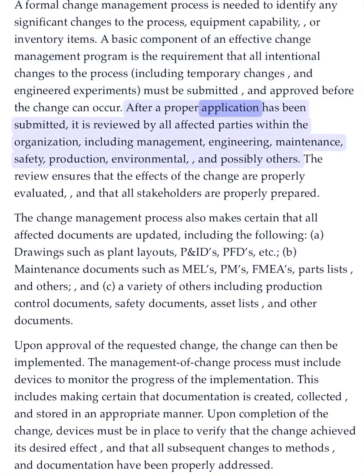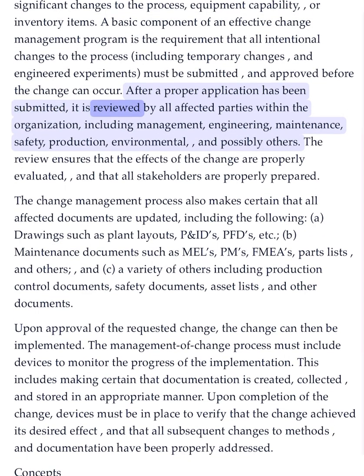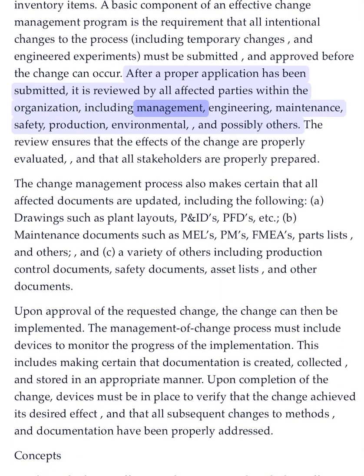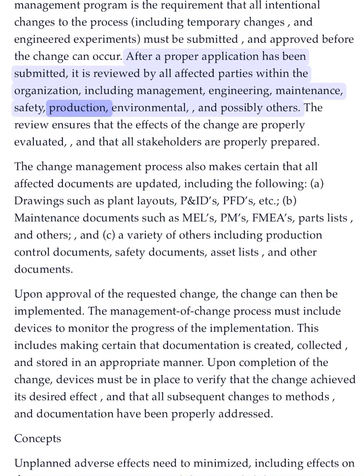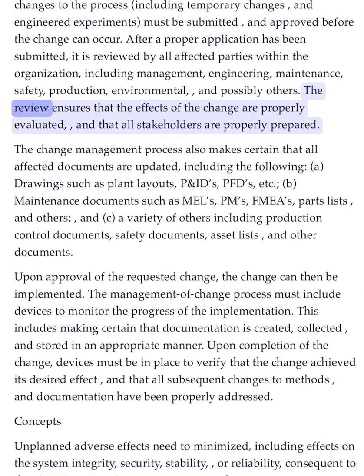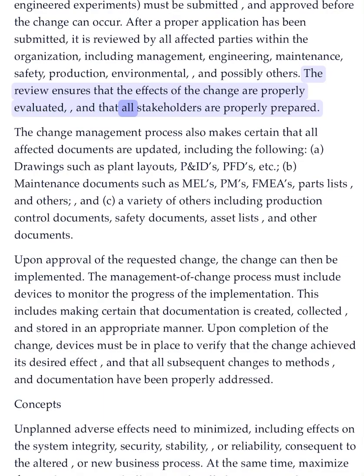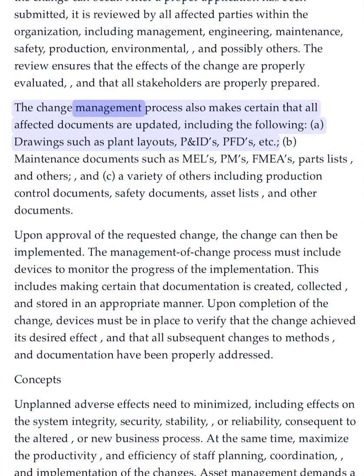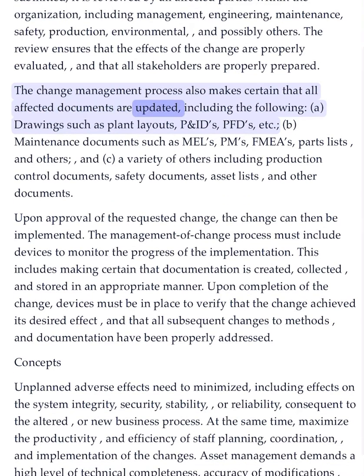After a proper application has been submitted, it is reviewed by all affected parties within the organization, including management, engineering, maintenance, safety, production, environmental, and possibly others. The review ensures that the effects of the change are properly evaluated, and that all stakeholders are properly prepared. The change management process also makes certain that all affected documents are updated, including the following: